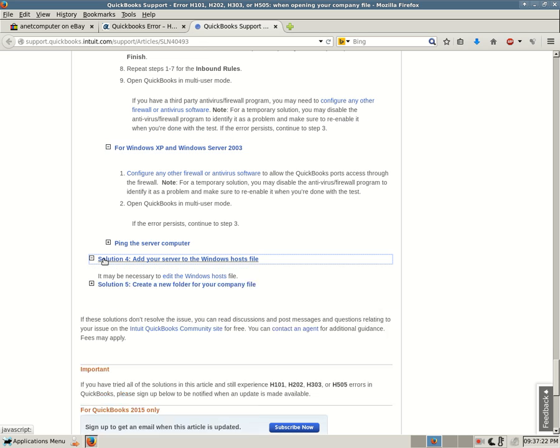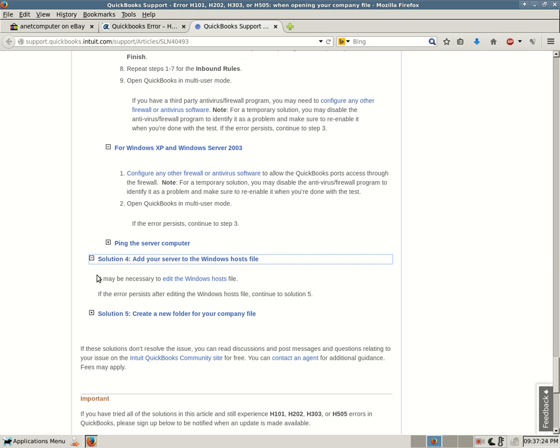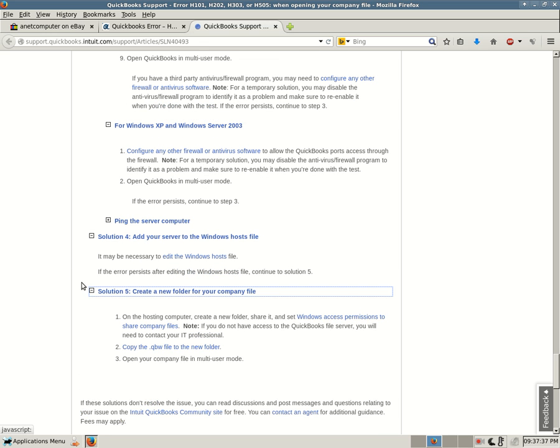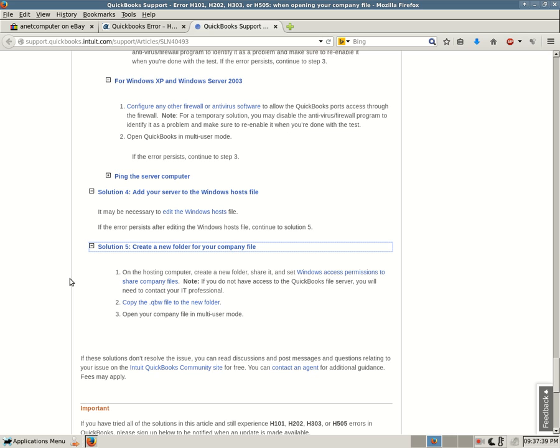Solution 4, I'm not going to, see how it just goes on and on. It may be necessary to edit the Windows host file. That to me is a more complex solution. It is possible that malware or spyware can edit your host file. Hopefully it's not that drastic, but you could follow the steps, edit the Windows host file, look in it,